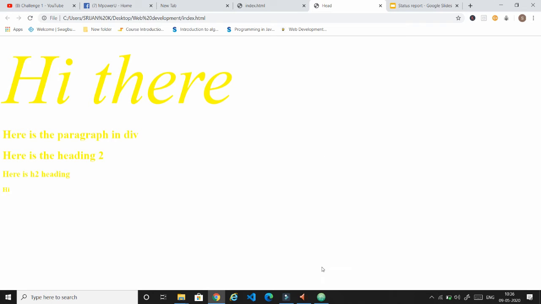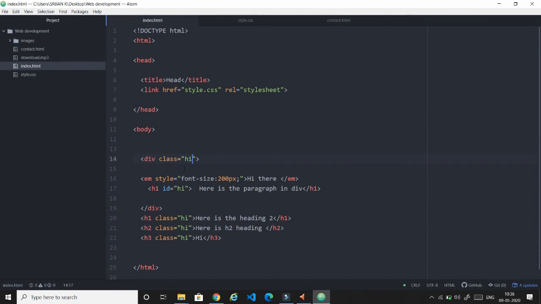So now you can see here whatever the content inside this division tag will be having the content as hello. This is because I have the division, all these are enclosed inside the division. So I have made the complete division. Oh sorry, it is already closed here. So I have made the complete division. So this division has the class hi.